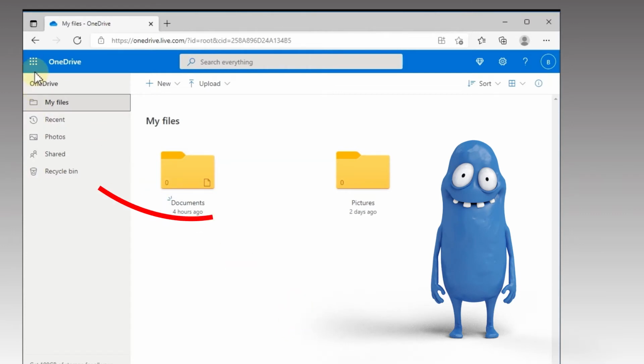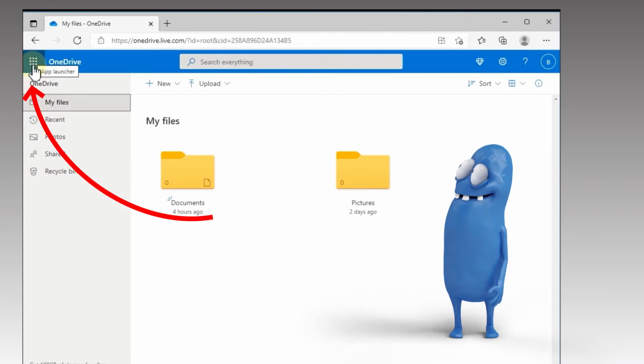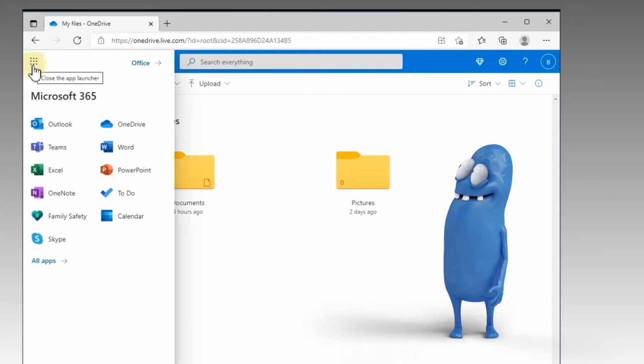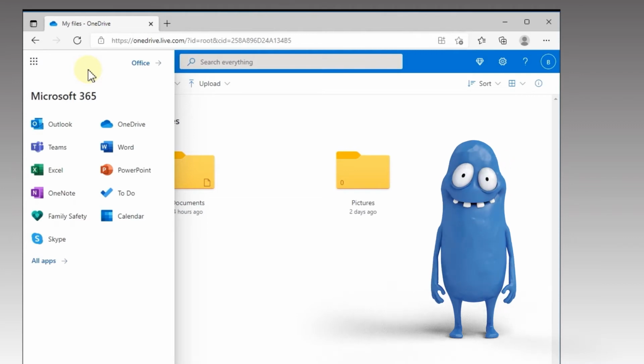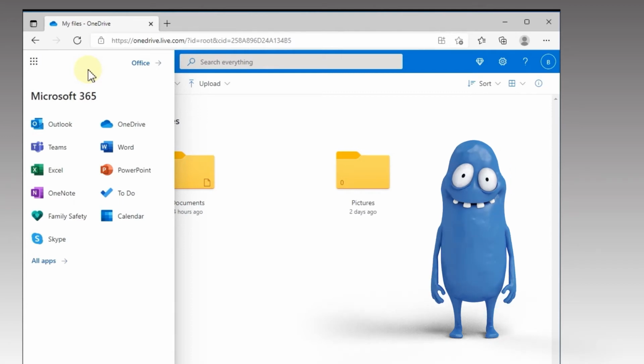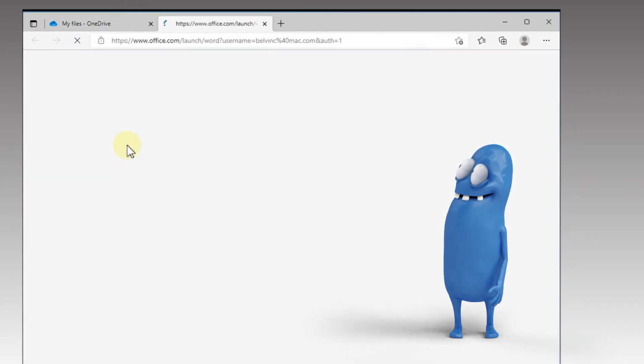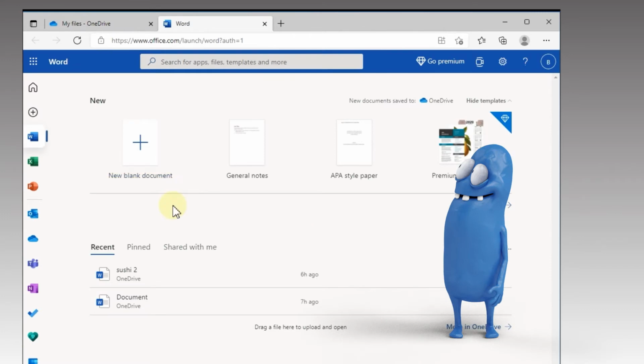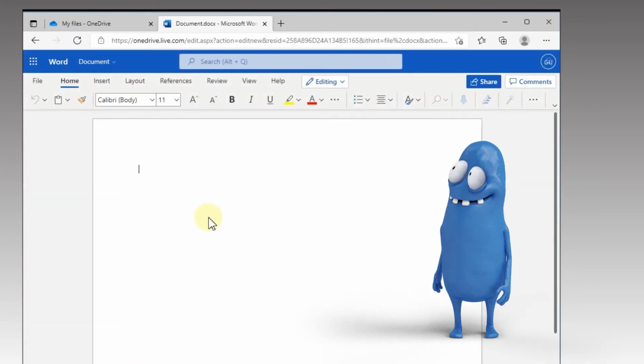Now, here's something interesting. See this icon up here in the corner? If you click on it, you'll see all the apps that are available to open within OneDrive. And if you open an app or program while you're in OneDrive, the information will automatically be saved in the cloud. For example, let's say I wanted to start a Word document. I simply open it up, choose a blank document or template, do some work,